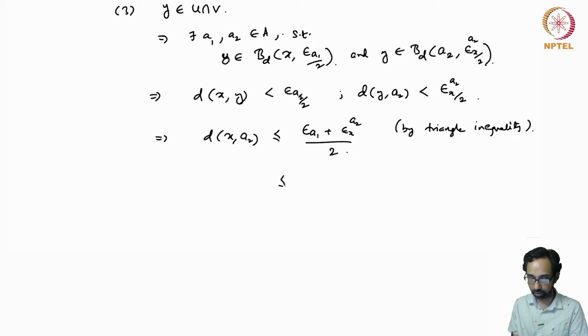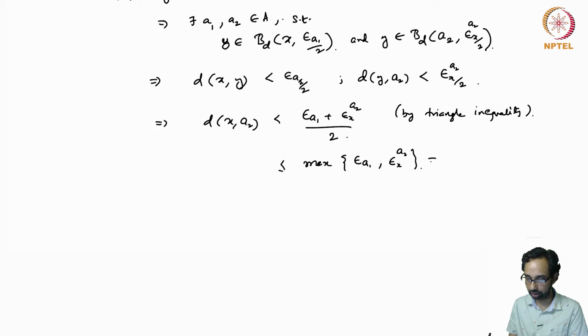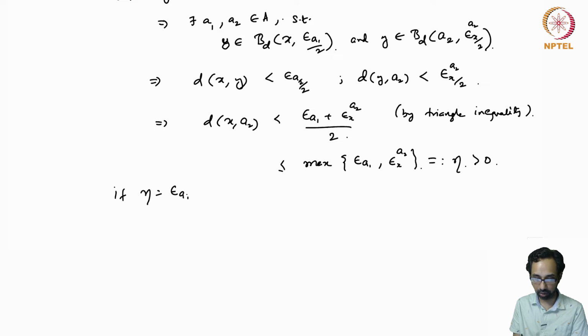And this is less than or equal to, well, this is actually strictly less than the maximum of these two numbers, epsilon a1 and epsilon x a2. So let us call this some eta greater than 0. However, this leads to a contradiction. So if eta is equal to epsilon a1, for example, this implies that